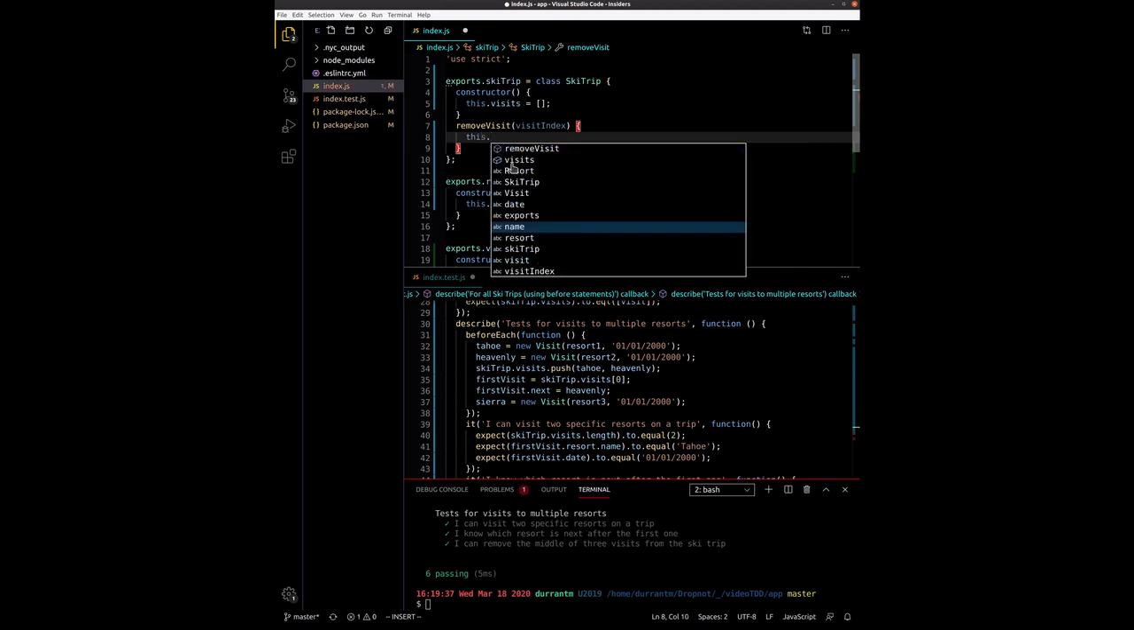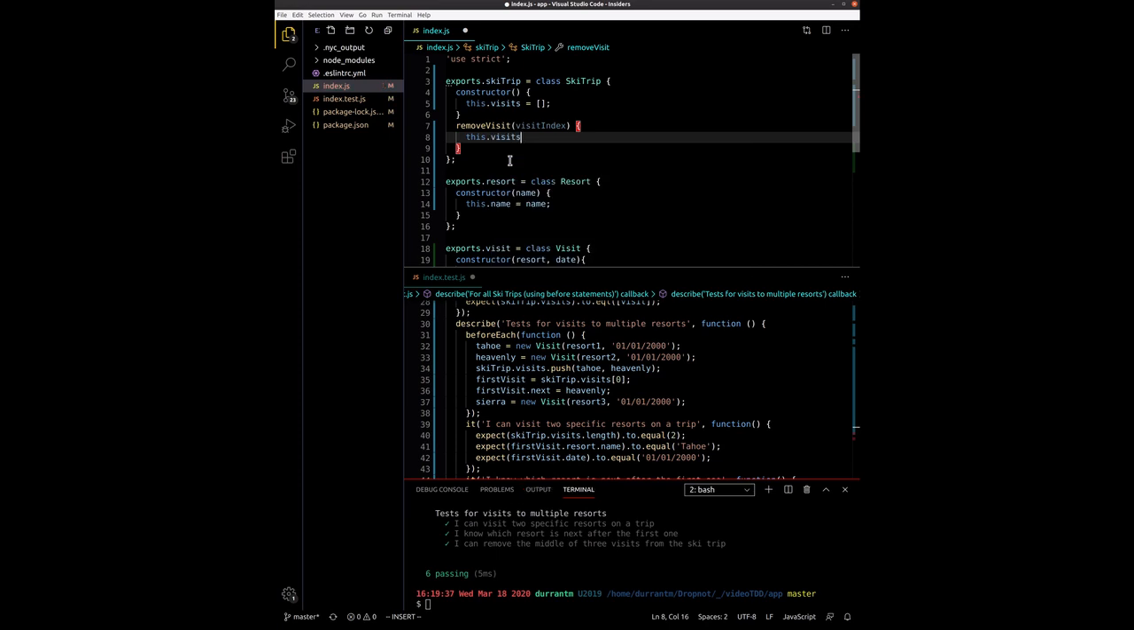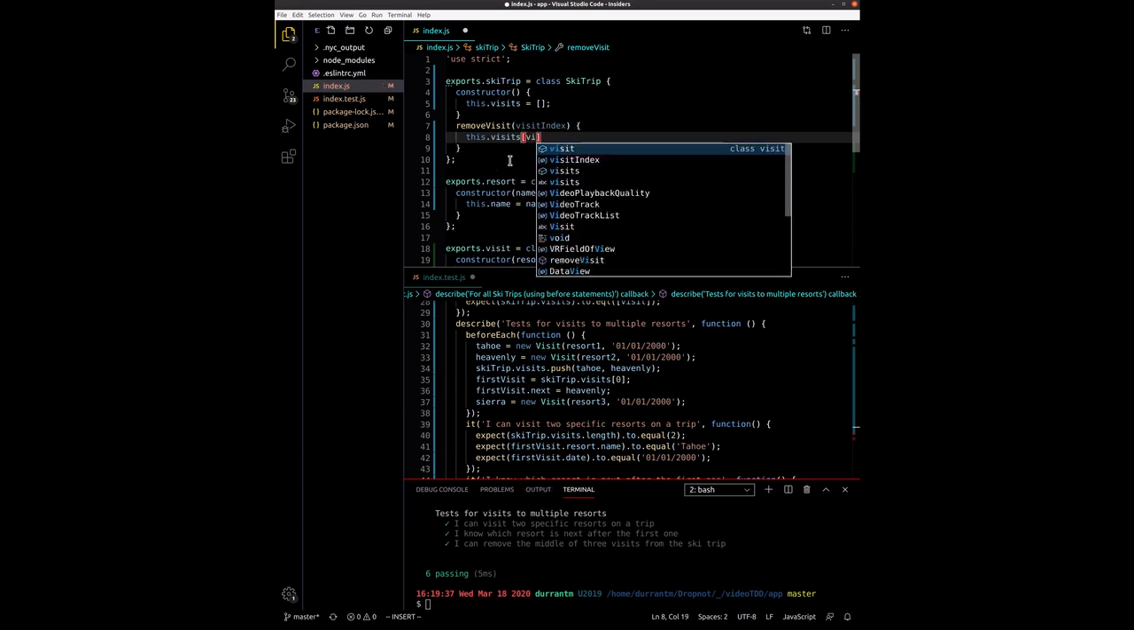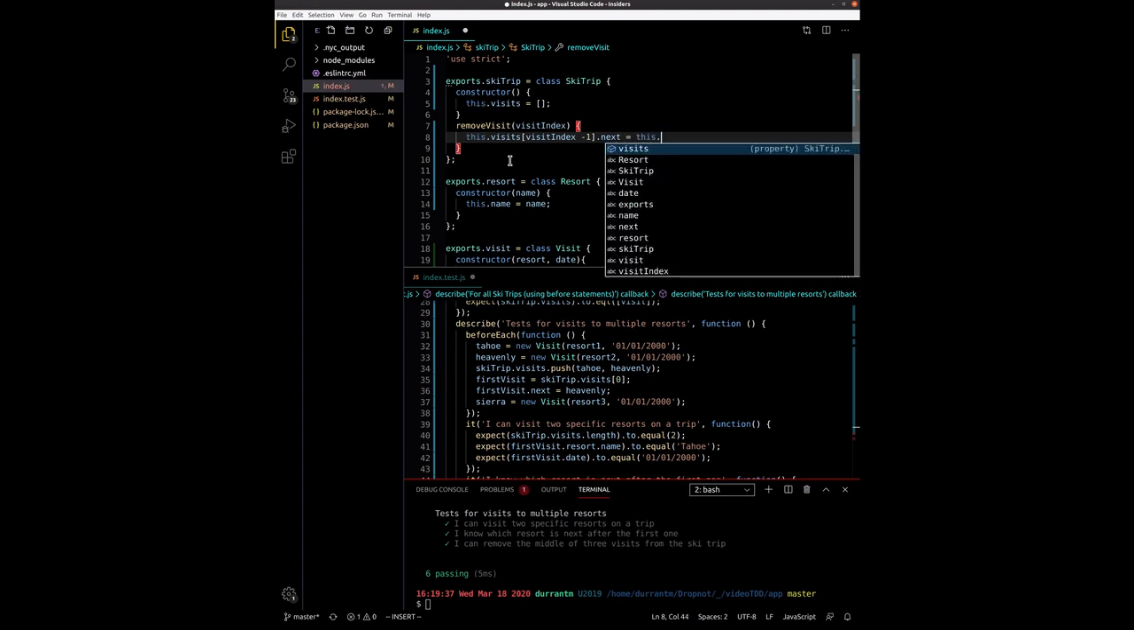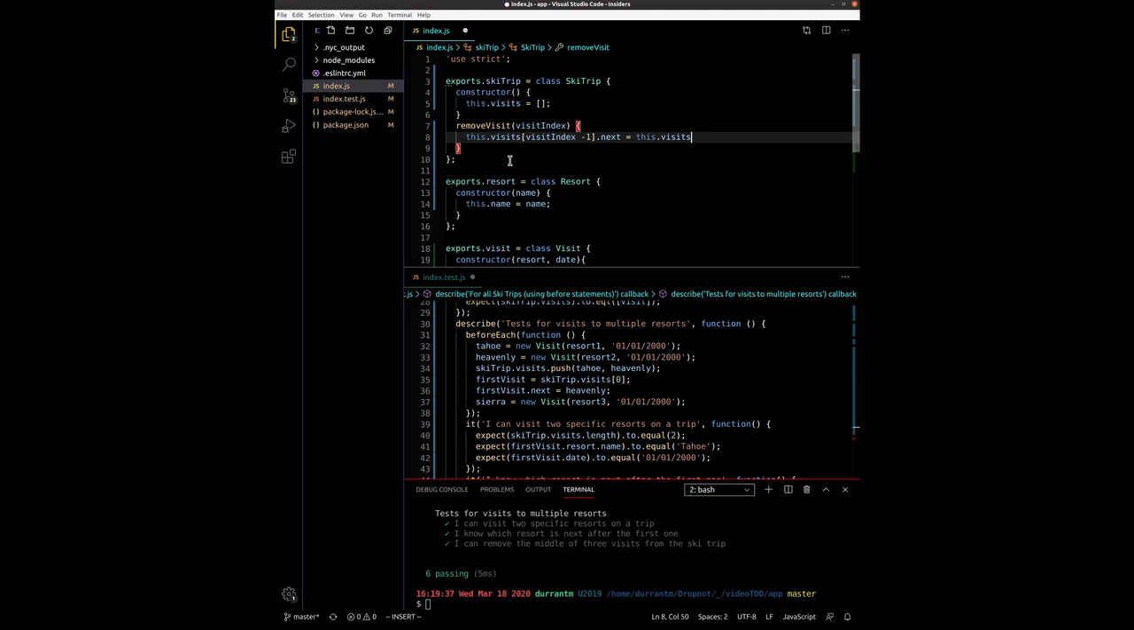So the first thing, there's a couple of things we got to do. We got to update the references, the linked list references. So we actually need to update the one before this one that's pointing to this one, its next, and make that now point to not the one we're removing, but the one after it. So it's going to be visit index +1. So we update those, and now we actually remove it,